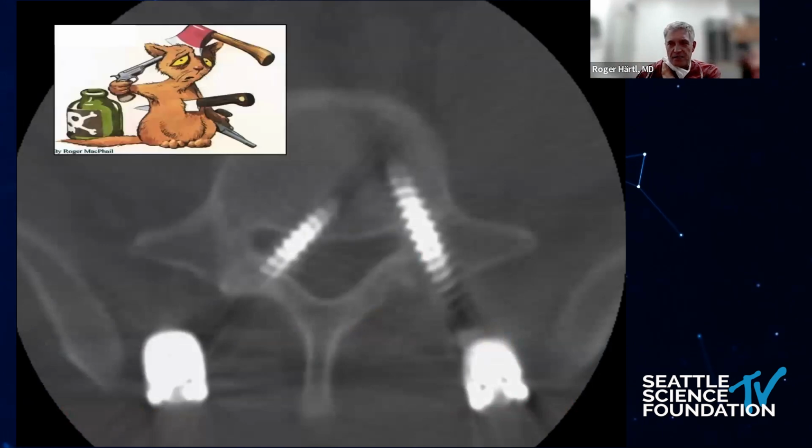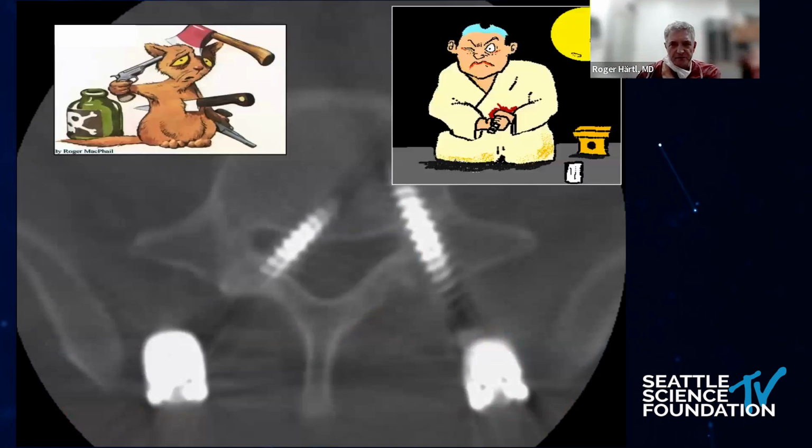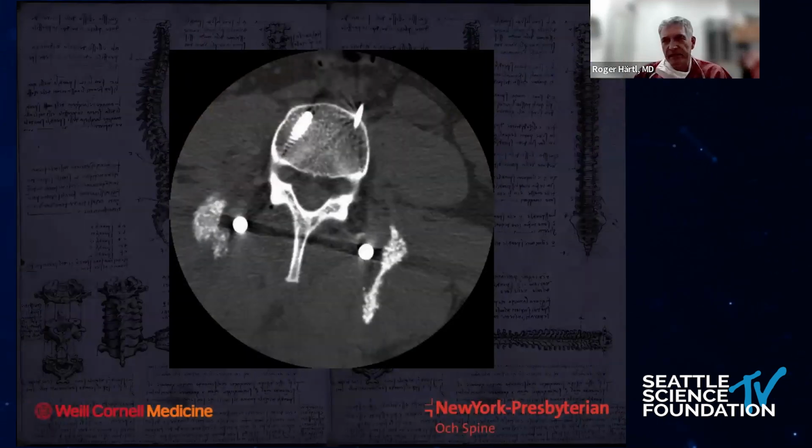Screw accuracy, obviously, is like the worst case scenario. This can happen with navigation, without navigation, it can happen to anybody, of course. So the point is that whatever technology you use to put in your screws, you've got to be very, very careful. I'm not a big fan of robotic surgery. I think you get more tactile feedback with navigation, but I'll talk about that in a few minutes.